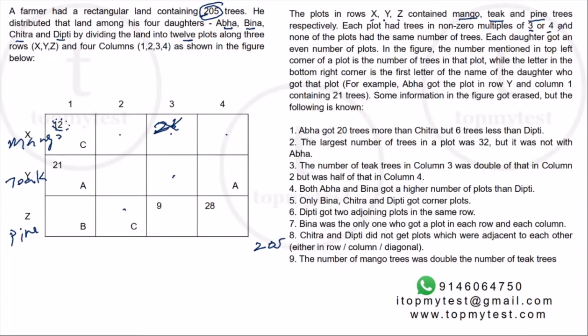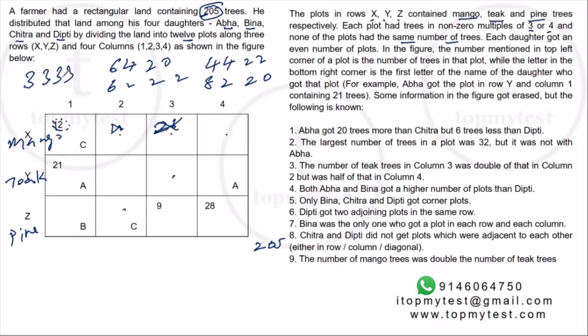Each daughter and none of the plots had the same number of trees. Now we already have 12 trees in this plot, so you cannot have another plot which will have 12 trees. Okay. Each daughter got an even number of plots. So there are 4 daughters, right? So the distribution of plots can be 6, 4, 2, 0, assuming 0 is also possible, right? You can also have 6, 2, 2, 2. You can have 4, 4, 2, 2. You can have 8, 2, 2, 0. There are multiple scenarios which are possible,